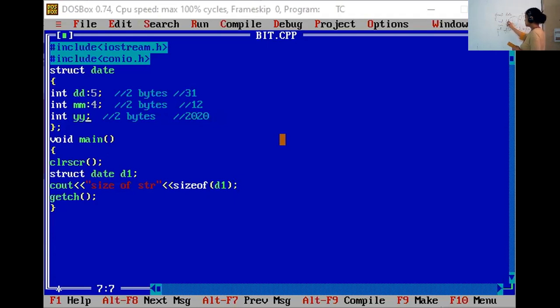I said the maximum width of date will be 5. That means the bits that will be reserved for date will be 5. Then I am saying the maximum width for the month is 4, then I will reserve the 4 bits for the month also. Still I am having 7 bits remaining with me. That means I am covering these 9 bits in just 2 bytes.